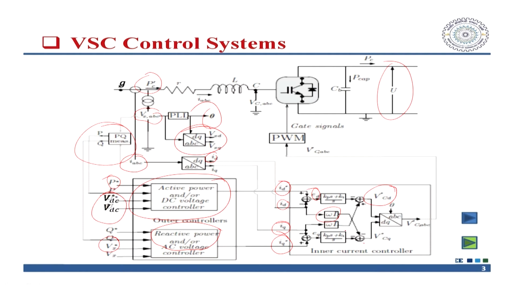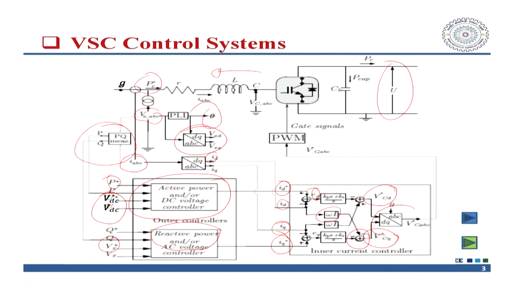And similarly, by multiplying omega L and you add up this component, both will be minus sign, and thus you get VCQ. Generally, if there is a presence of the real power, it has to flow this way, and it is minus because reactive power is required to be compensated. Ultimately, you have to inject the positive power.